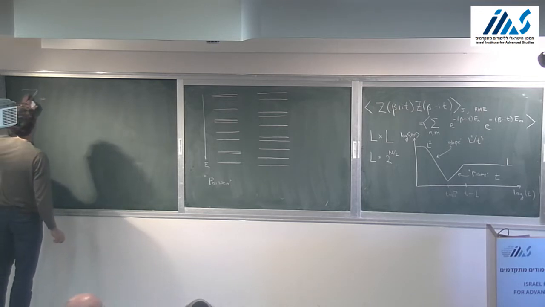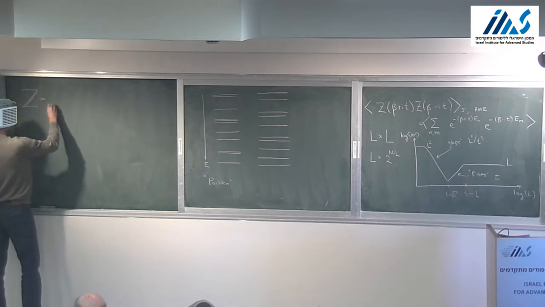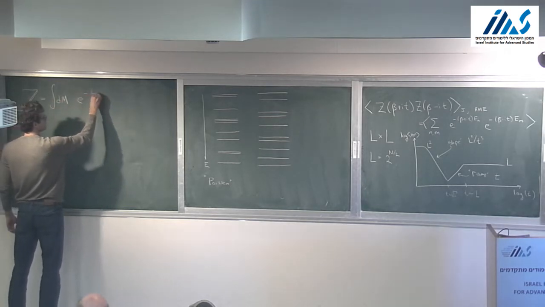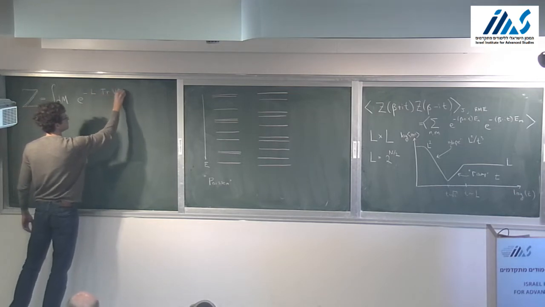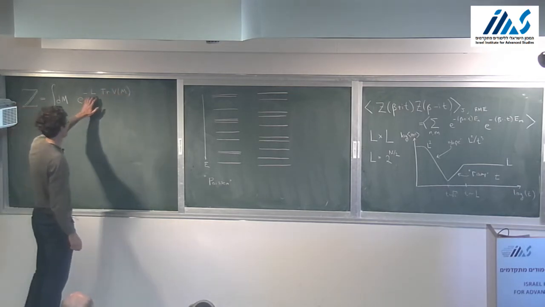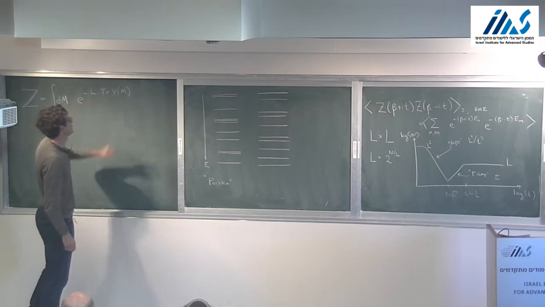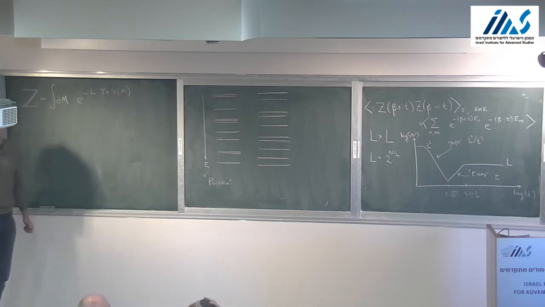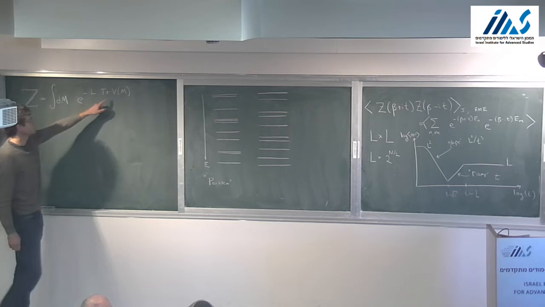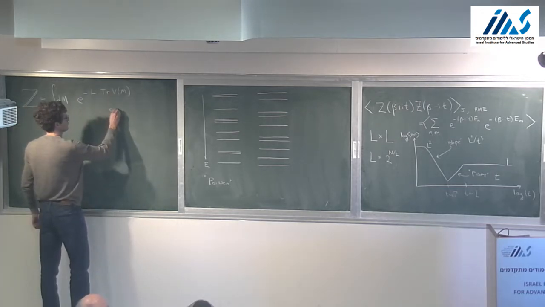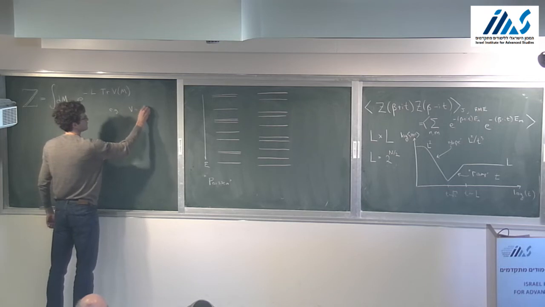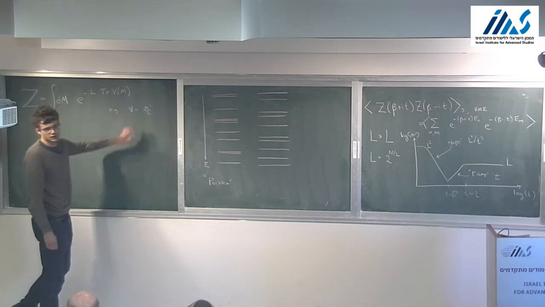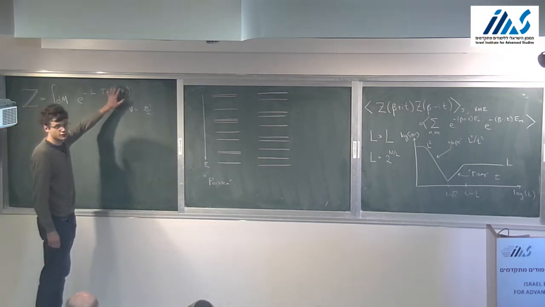So the big random matrix partition function is given by an integral over matrices of e to the minus L, the rank of the matrix, times the trace of some potential function of the matrix. So for example, for the Gaussian unitary ensemble, the case that we just discussed, this function will be M squared over 2. This is the GUE case, and this is actually a case that we'll focus on a little bit later. But you can put some arbitrary function here.